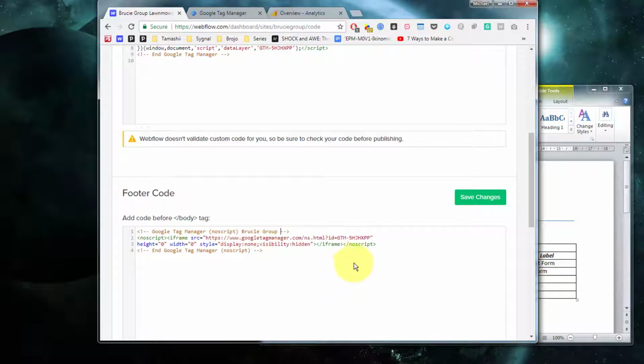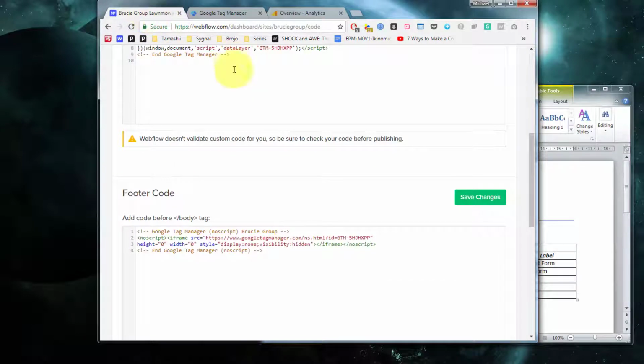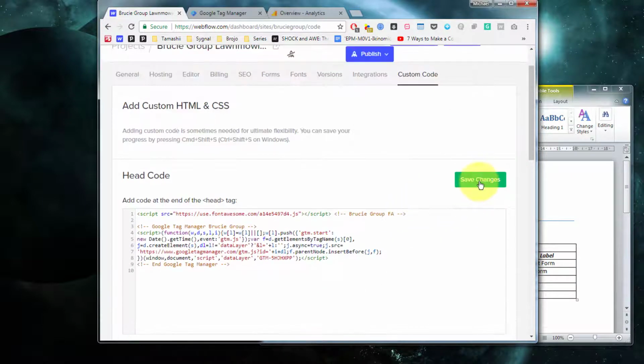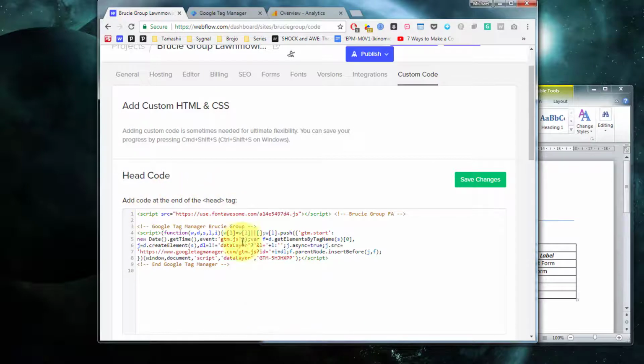Now I want to note that if you actually look at the Google Tag Manager documentation here, it says paste this code immediately after the opening body tag, which Webflow does not actually support. It pastes the code before the closing body tag. To my knowledge, that's not going to present a problem. So far, I haven't seen anything. So we're just going to proceed. I'm going to save changes. Now, I'm actually not 100% certain in Webflow if I need to click both of these, but it can't hurt either. So now the Google Tag Manager container is now set up in my site code,